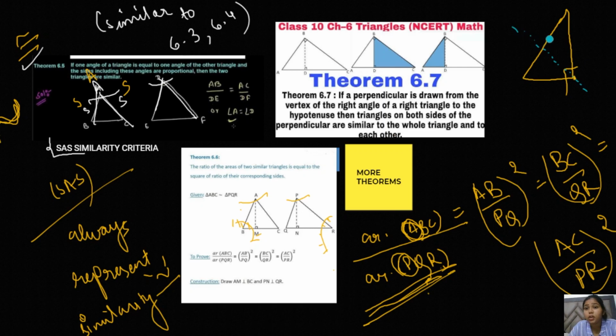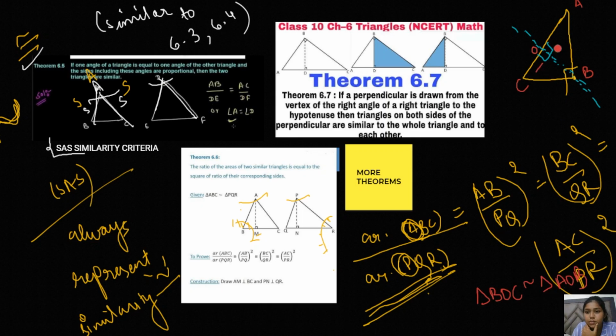It is not a perpendicular bisector. They are not saying that, they are just saying perpendicular. So it means that they are not the midpoints or something. It is just 90 degrees, that is only given. Okay, so this is what they are saying: if we draw the perpendicular towards the hypotenuse, then in that case triangle BOC will be similar to triangle AOB, right?